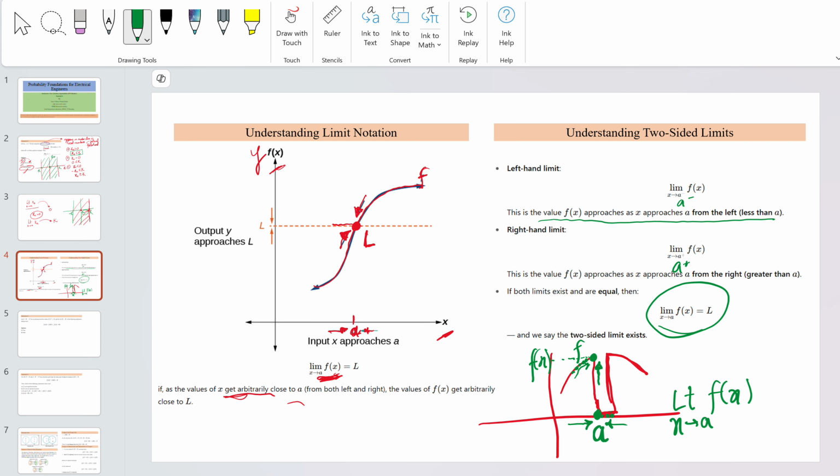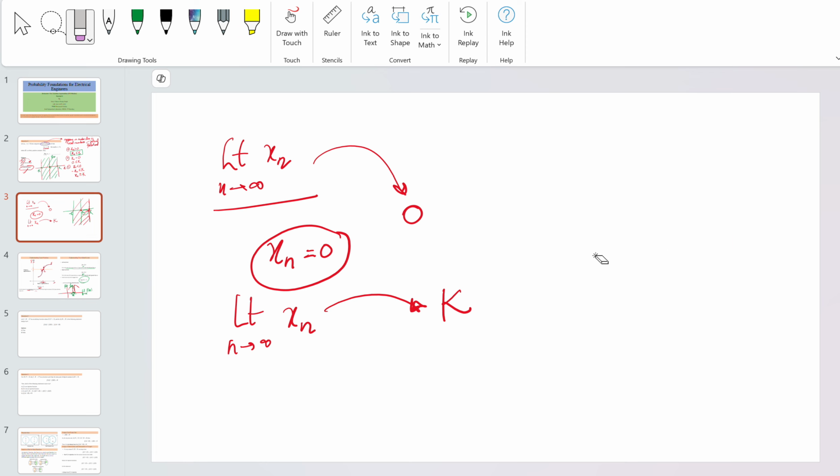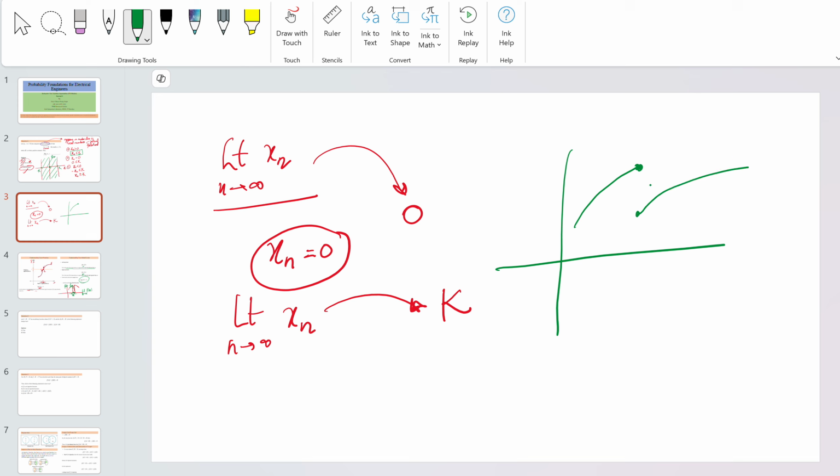Let's take one more example. Suppose this is a function here, and after that it breaks. It is called a piecewise function. This is a point A and this is a function f. I want to find the limit at point A. Suppose this is f1 and this is f2. For x less than or equal to a, the function is equal to f1, and for x greater than a, the function